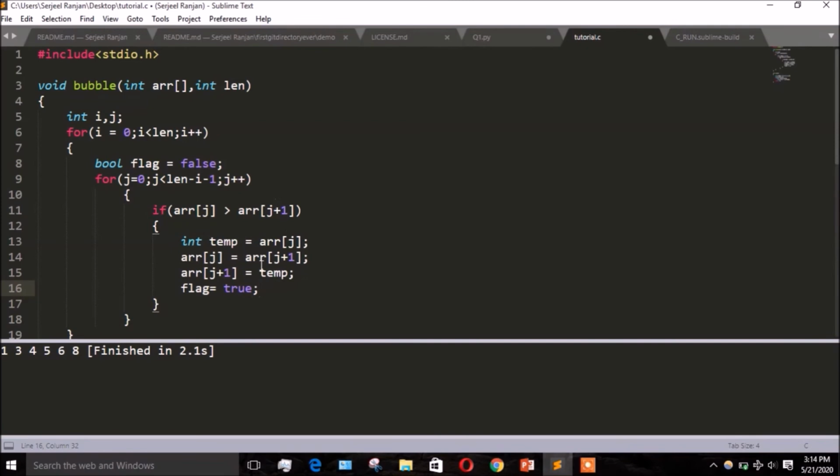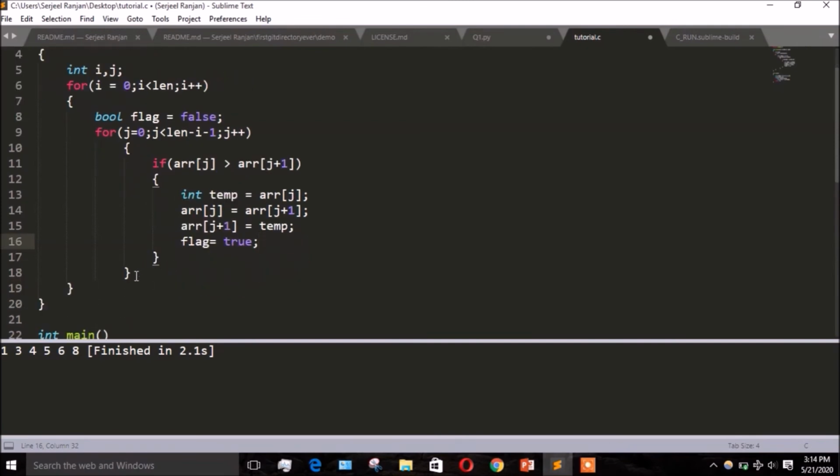After the jth loop, I will check if the flag was set to true or not. If the flag was false, I don't need to check any further because no swapping happened, so I will just break.